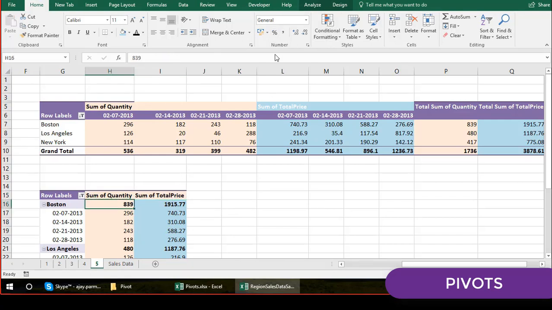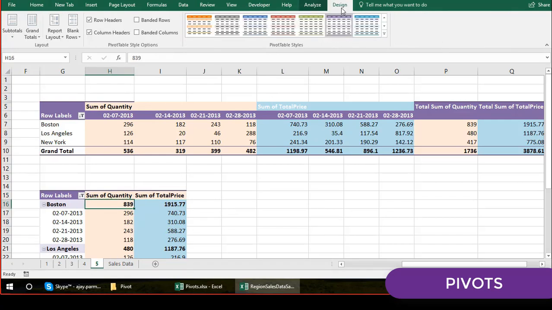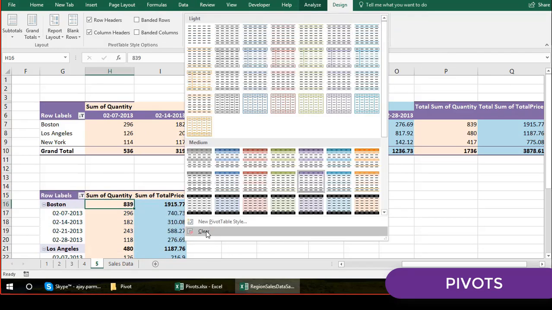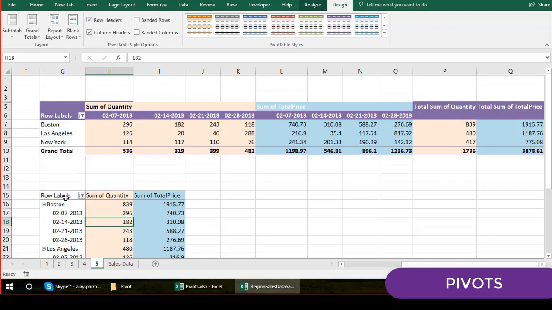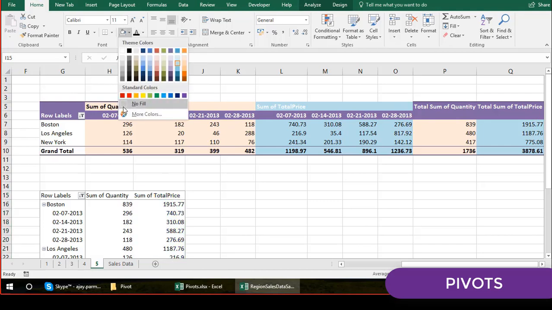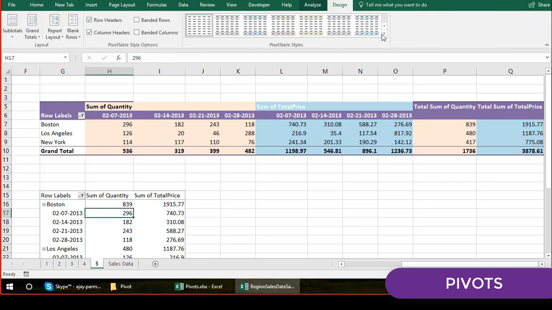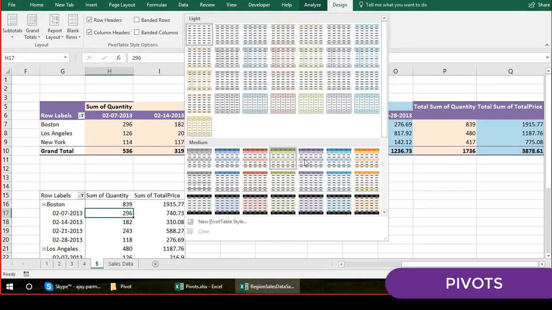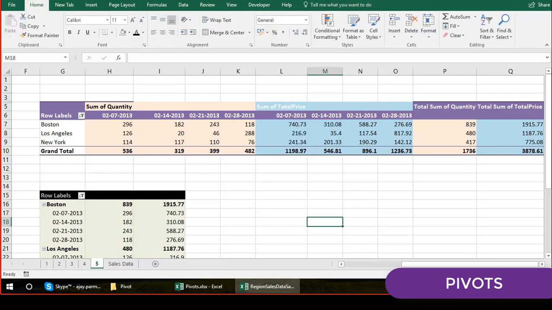As I said, I will not really like to choose any design, I don't really like my own color. So first of all I clear the template, and then I select this and go in my own color. How am I going to remove it? I say no fill, and I click here and no fill again, and then maybe I choose something from the Excel template, like maybe sort of this color. That depends on what you want to do, right? So this is how you get all the things, and make sure your header coming here should actually be white.